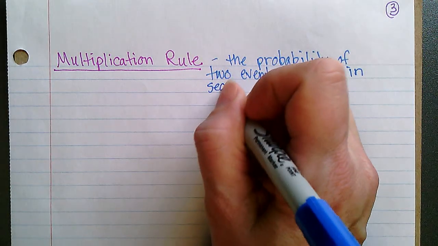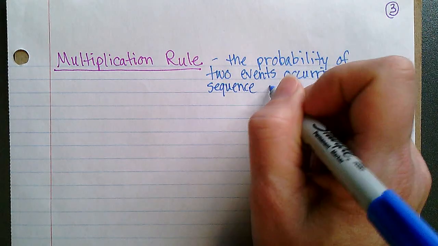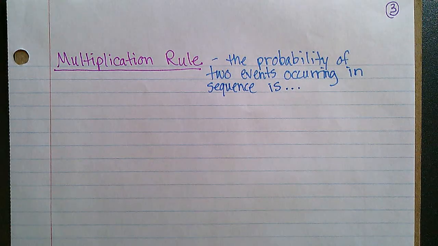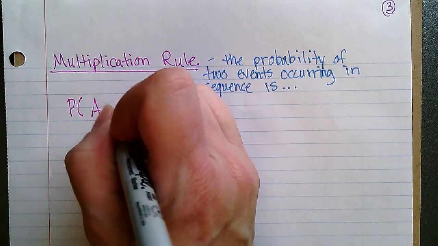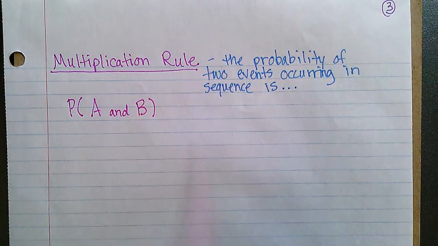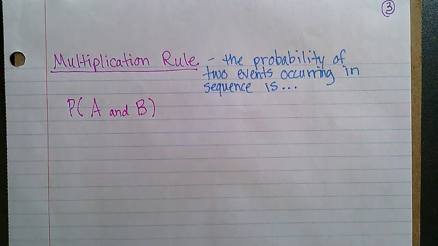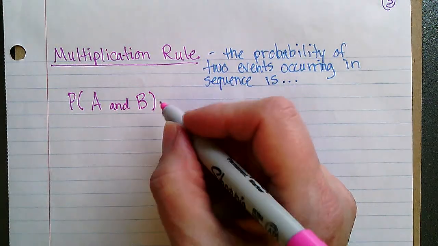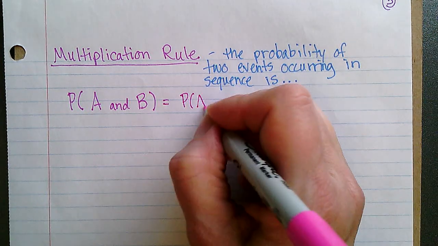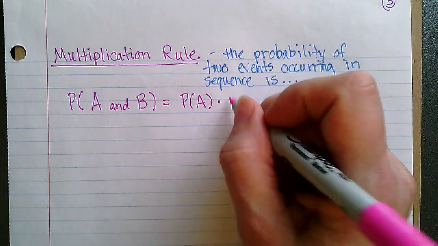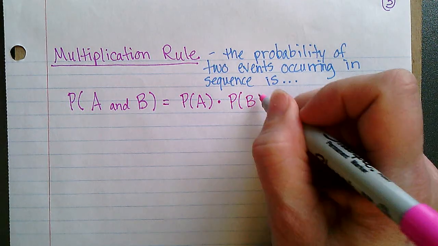In sequence is. So the notation for that is the probability of A and B. So rolling a 7 and getting tails on a coin. So probability of A and B is equal to the probability of A times the probability of B, given that